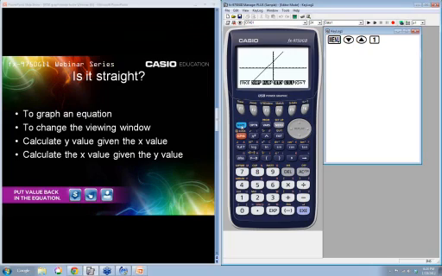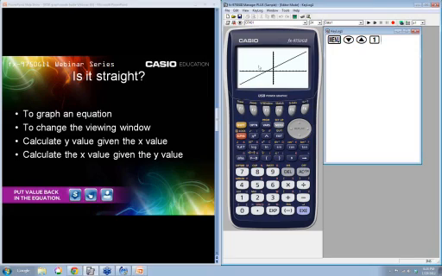If I want to zoom, I hit Shift Zoom, and I can zoom in. Oops, sorry, did that wrong. Or I can zoom out, whichever way I want. The one I really like, though, is the auto, which gives me exactly what I want. It lets me see that it is a linear function, that it does have a nice y-intercept. We already looked at it before and we saw that it was 4, which is what we expected because our equation was 2x plus 4. So you can see your whole graph.